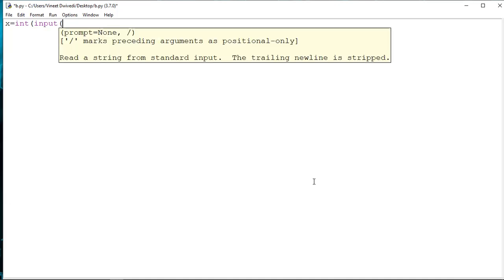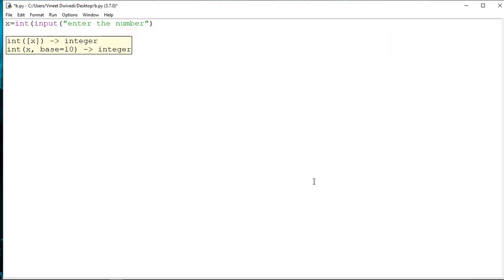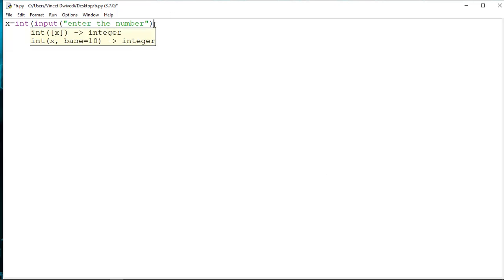So int(input("Enter the number")). This will store a number first. You have to close this bracket also, because two brackets are open and both have to be closed. And in the next line you write y is equals to